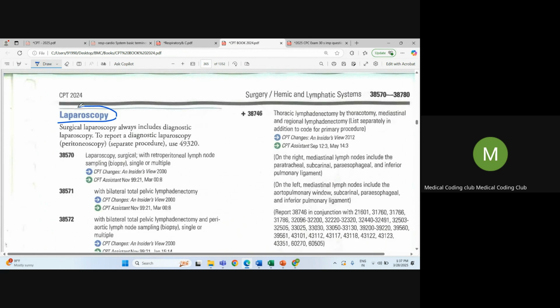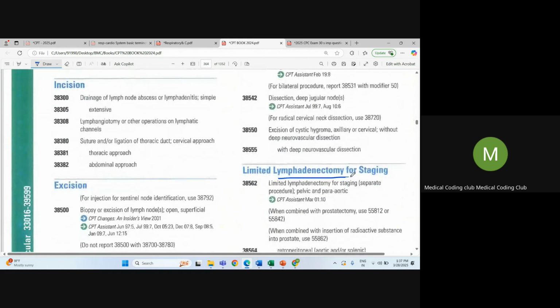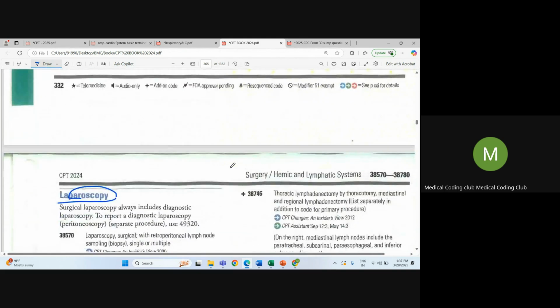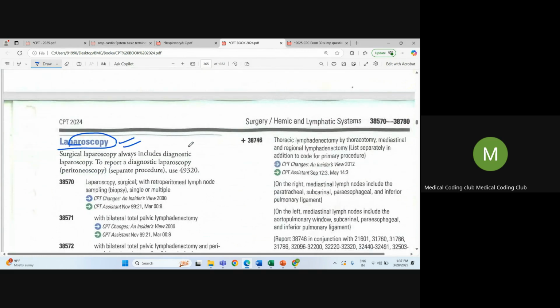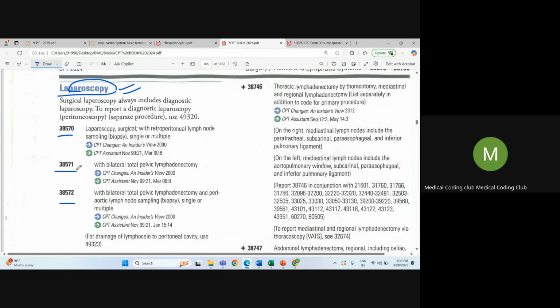So you can see, using laparoscopy, they are performing a lymphadenectomy procedure. Under lymphadenectomy, you have to check the approach, which is laparoscope. And under laparoscopy, you have to check for pelvic lymphadenectomy. So you can see here, you can just navigate all the codes. So just compare between